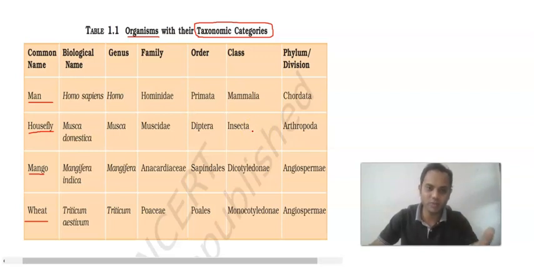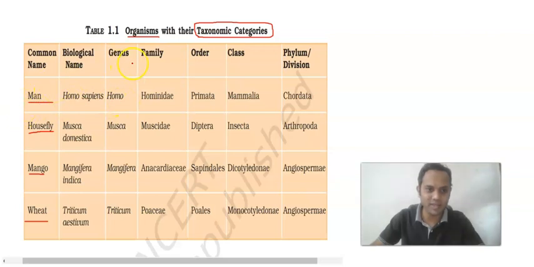What type of question? A factual question, like which of the following is the order of mango, or Chordata, Arthropoda, and Dicotyledon are given. And if you are asked to find the odd one out, like you are given Chordata, Arthropoda, Angiospermae, and Dicotyledon, then you can say that the first 3 are the phylum or division, but at the same time Dicotyledon is a class. So in that way we can understand and memorize all these 4 examples. Just what you have to do is memorize this.